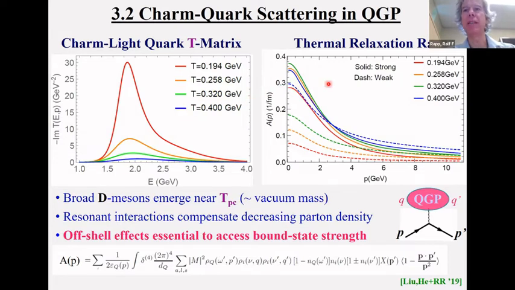If you then look at the friction coefficient, the solid lines are the results for the strongly coupled scenario, and the dashed lines are the results for the weakly coupled one. What you see close to Tc is a very large difference, a factor of 4 or 5, between the two solutions. At higher momenta they approach each other, but at higher temperatures, I should say.